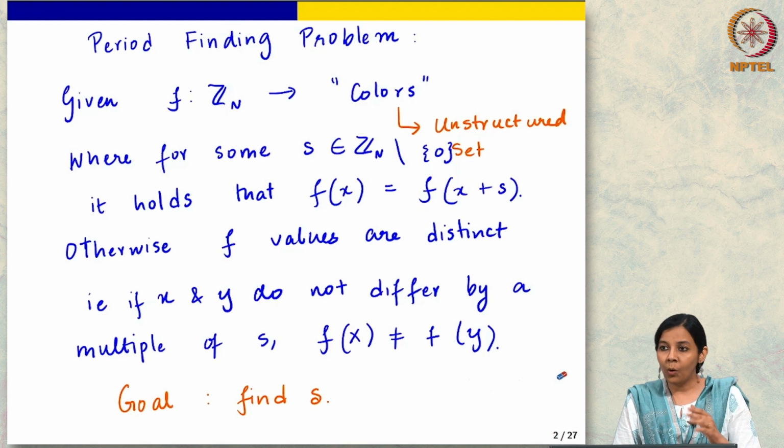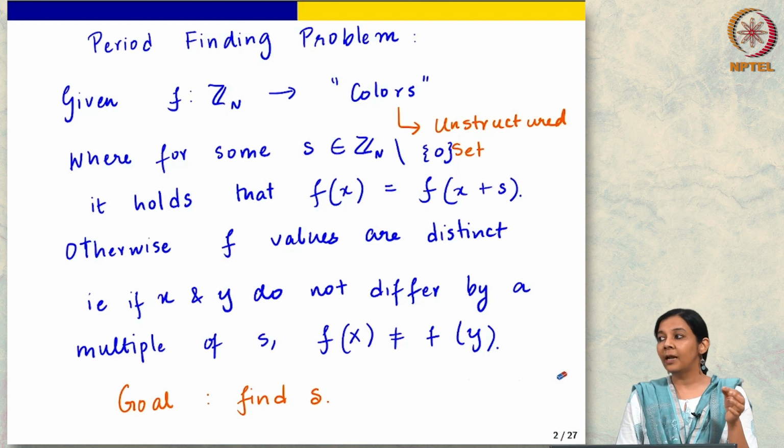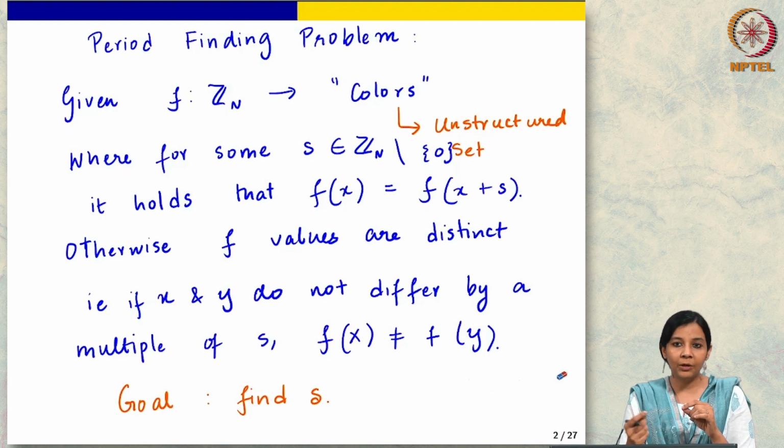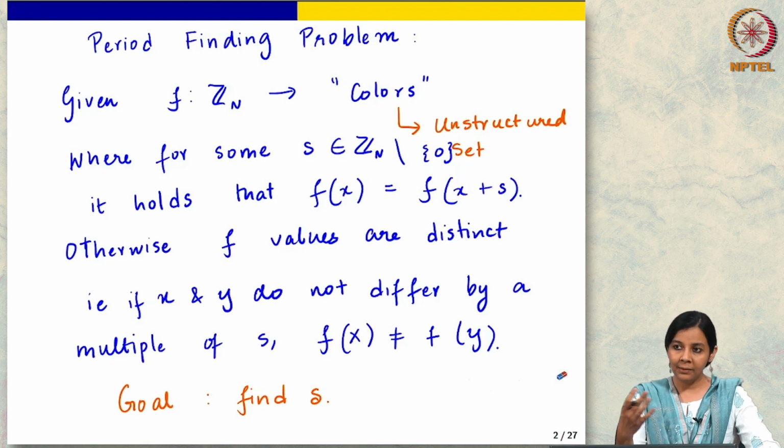We'll come to that. What we'll do is develop an algorithm for period finding, and we'll see that this actually also works if the function is not exactly periodic but almost periodic. We'll see what that means, and this is going to help us when we think about factoring. We'll show that what we need to do to solve factoring is find the order of an element in a group, and finding the order of that element will be like finding the period of an approximately periodic function. Okay, so let's come to that, but I just want to tell us where we are going.